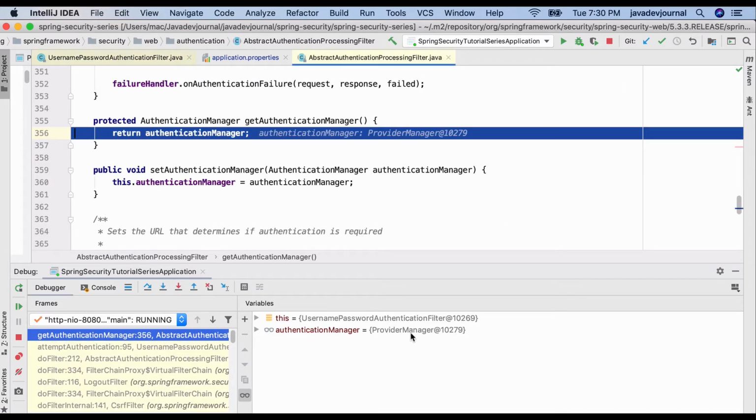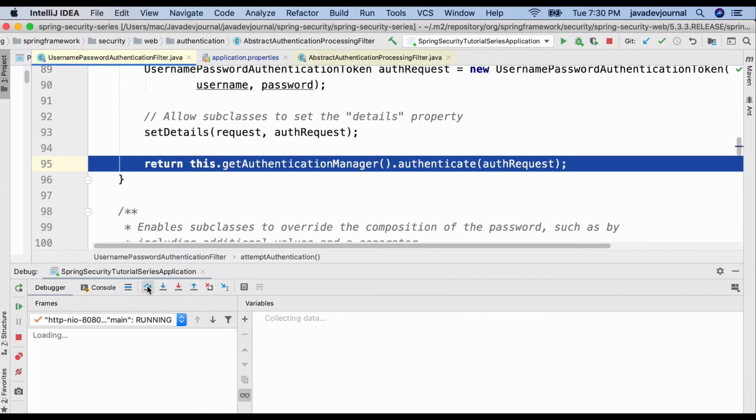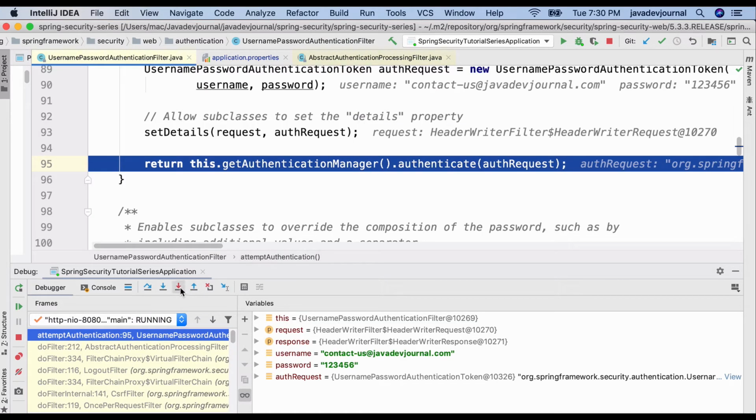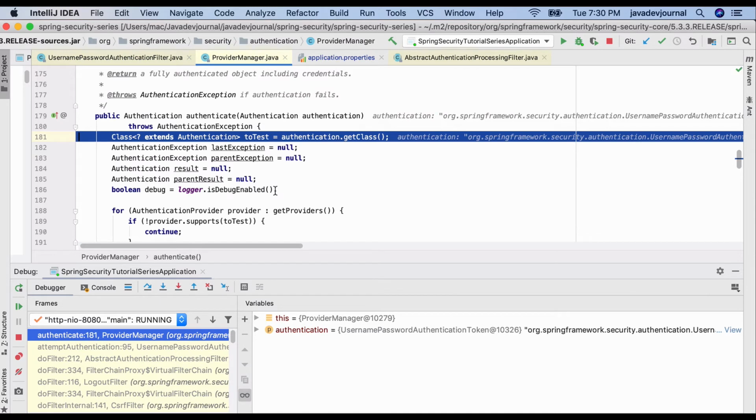If you see, the provider manager is the default authentication manager. Unless you really want to customize this, for most use cases, the provider manager is going to fulfill most of your requirements. You don't have to create your own authentication manager, right? And now it is going to get into the authenticate method, right?